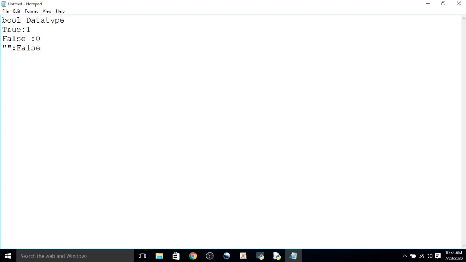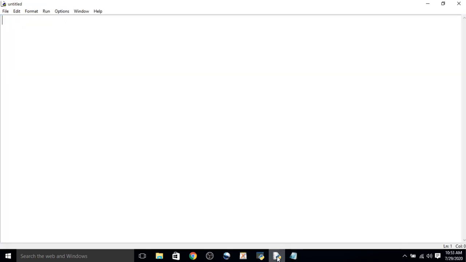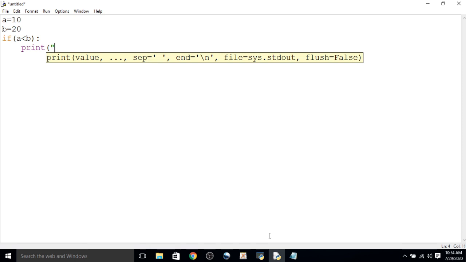Conditions are evaluated internally to either true or false. For example, take a equal to 10 and b equal to 20. Now if you want to check if a less than b, print hello.